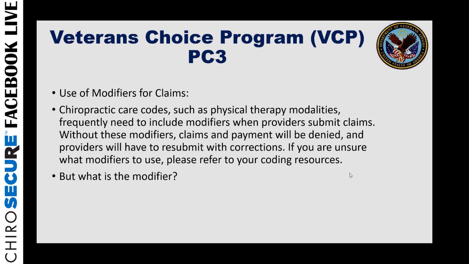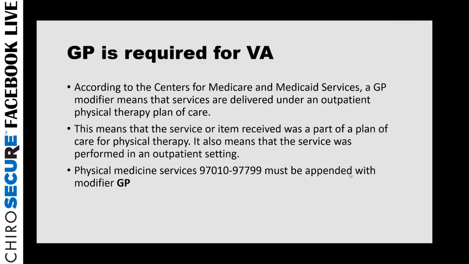So I bet many of you, when you first billed the VA program, were never paid for therapy because you didn't know the modifier they needed. So what the heck is this modifier? Well, the modifier is GP. GP for physical therapy is a required modifier for all VA claims. The GP modifier by Medicare refers to a service delivered under an outpatient therapy plan of care. This means that that service is being delivered as part of a plan of care that's not in a hospital or an outpatient. So all therapy codes, notice 97010 through 97799, meaning all physical medicine codes, must be appended with